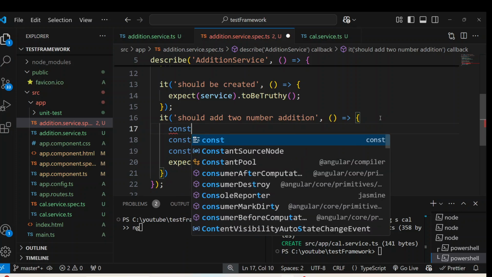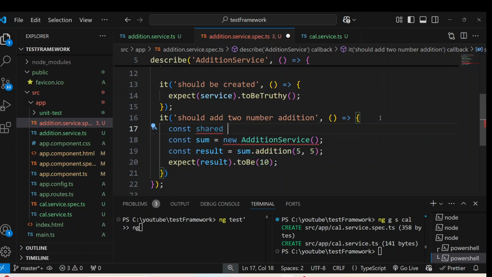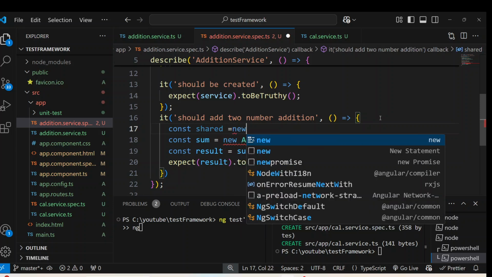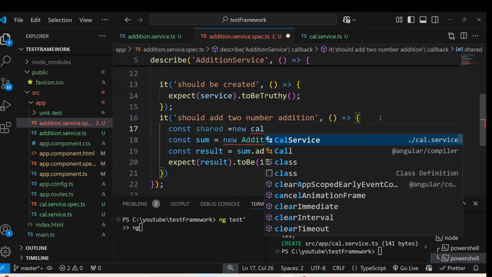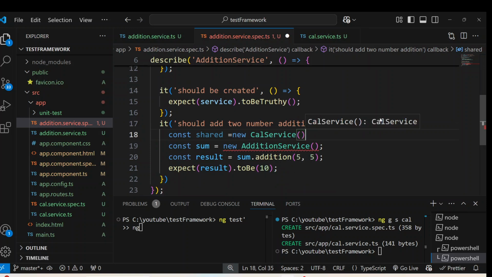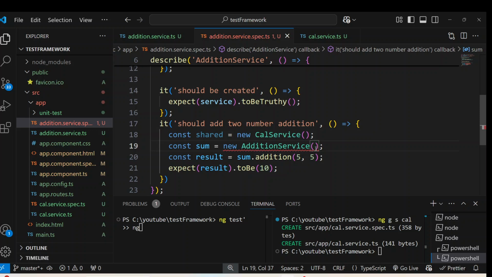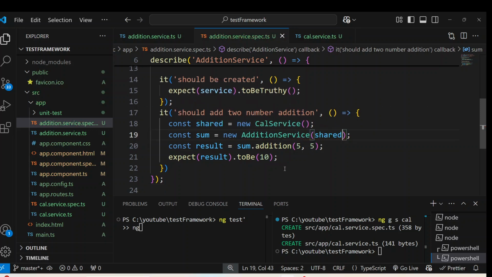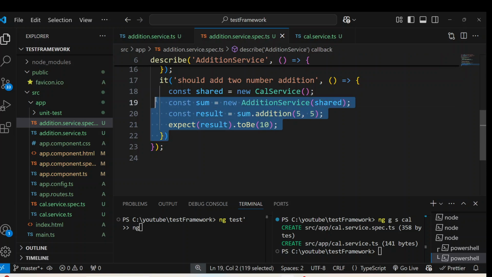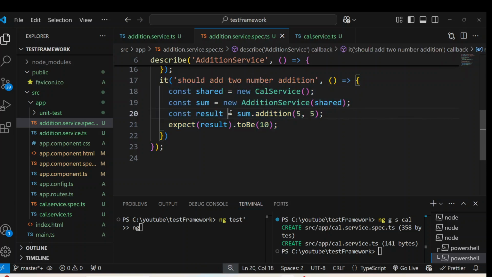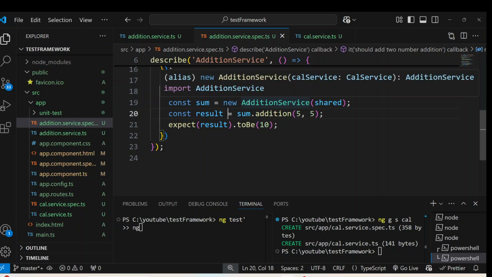we can say const, this is a shared one, right? We are sharing that service in this call service. Okay, and we can pass this one in here. Now with this one it will work fine, right? Here we are calling another service. Now if we check this call service right here,